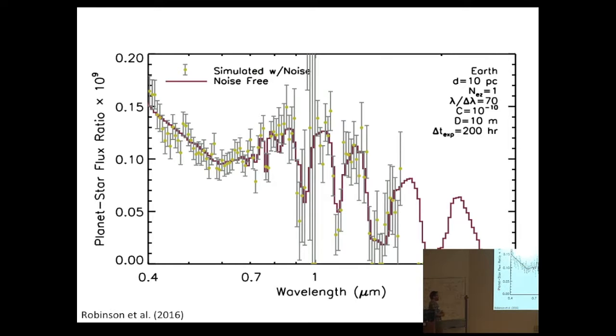And so one thing that you might be interested in doing is, say, looking at what LUVOIR observations of the pale blue dot might look like. And this is a simulation of what LUVOIR could do for an Earth-like planet around a Sun-like star at 10 parsecs. And so maybe if you're working with Mark or talking with Mark, because he's on the LUVOIR STDT, this is something that you might be interested in.